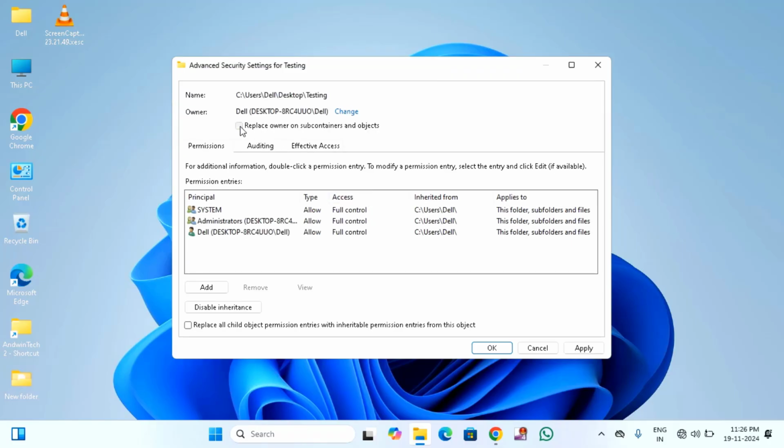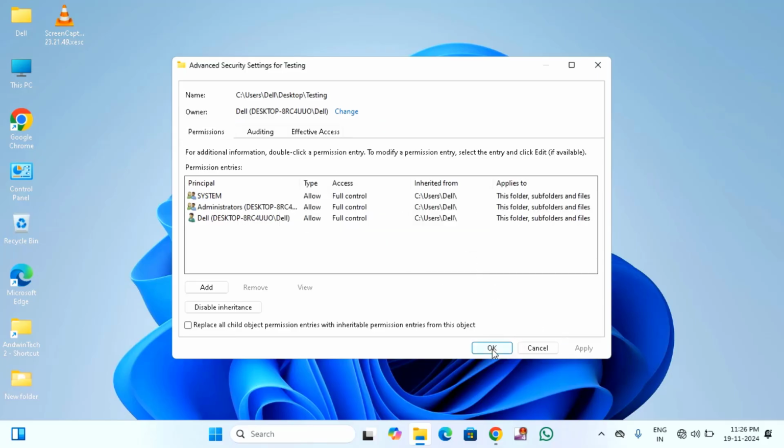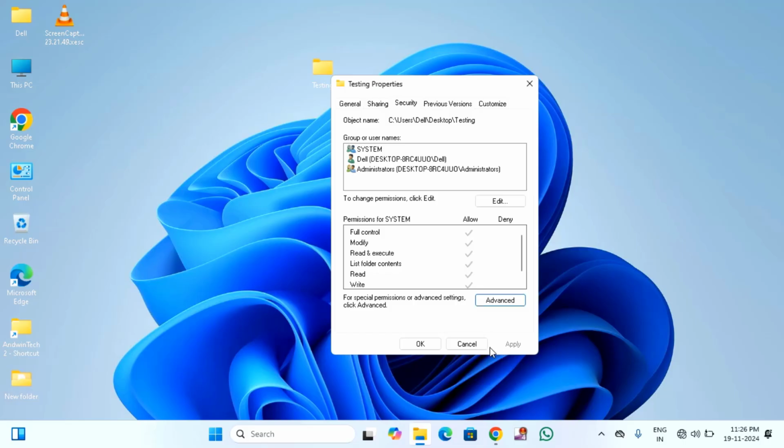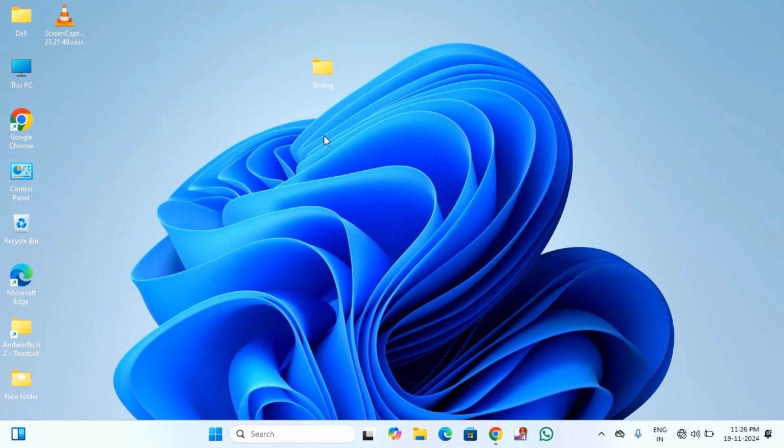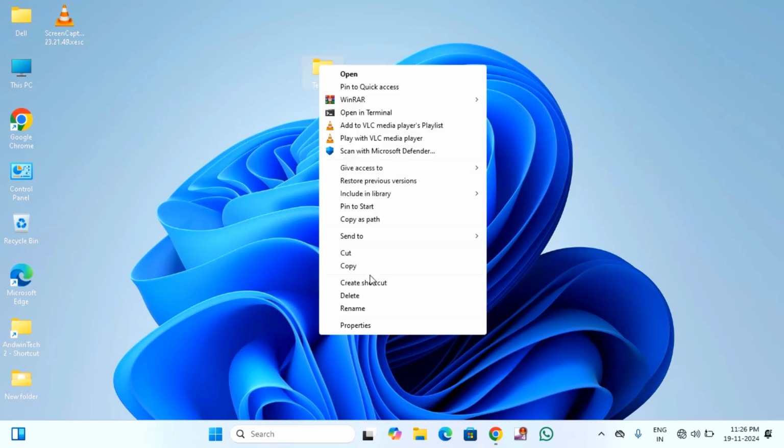You have to just tick mark this option, click on apply, click on OK, and click on OK, click on OK again. After that again you have to right click on that, click on show more options, click